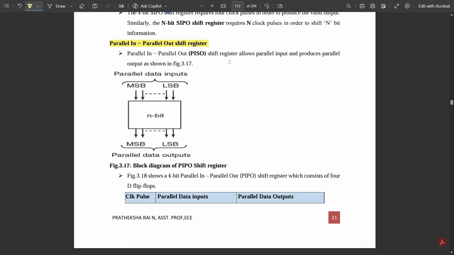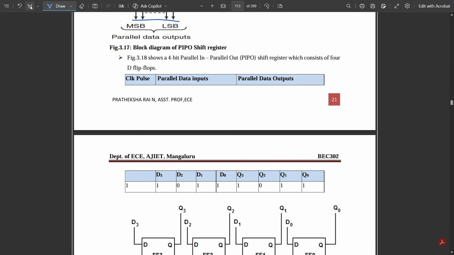Here, the shift register allows parallel inputs and produces parallel outputs. Okay, you see here, these are the parallel data inputs and the parallel data outputs generated. So the block diagram for a 4-bit PIPO shift register is given like this. You see here,